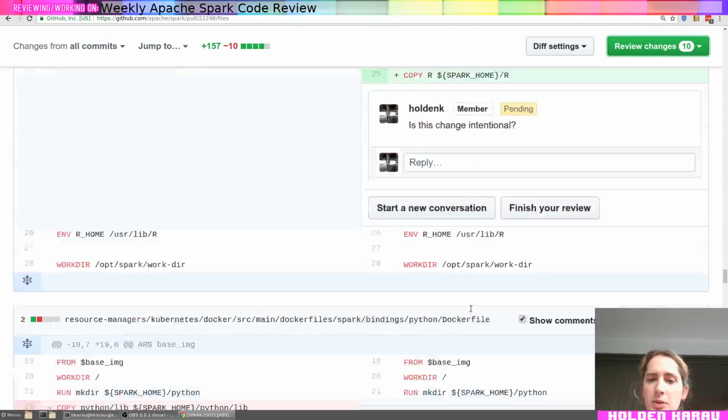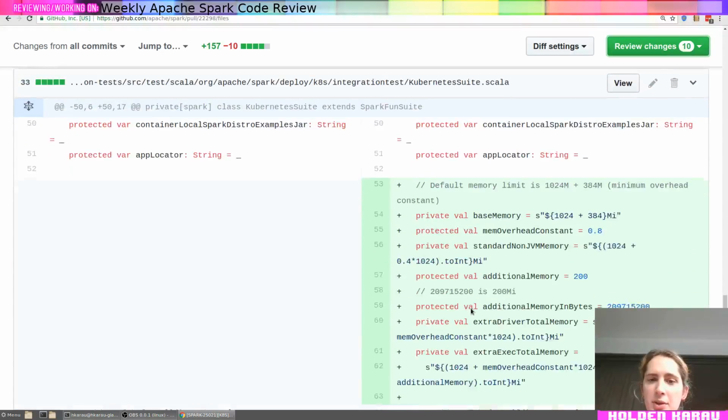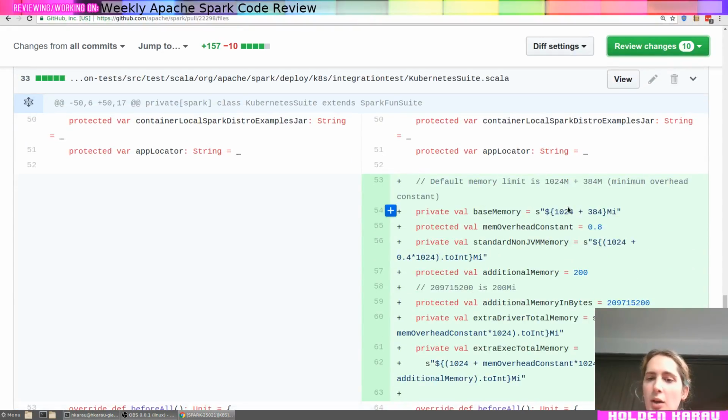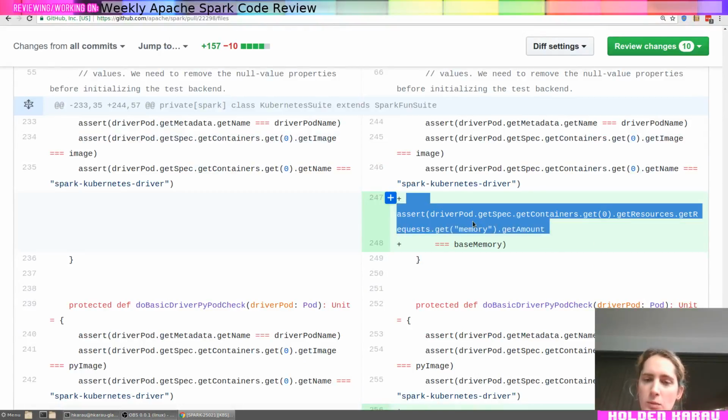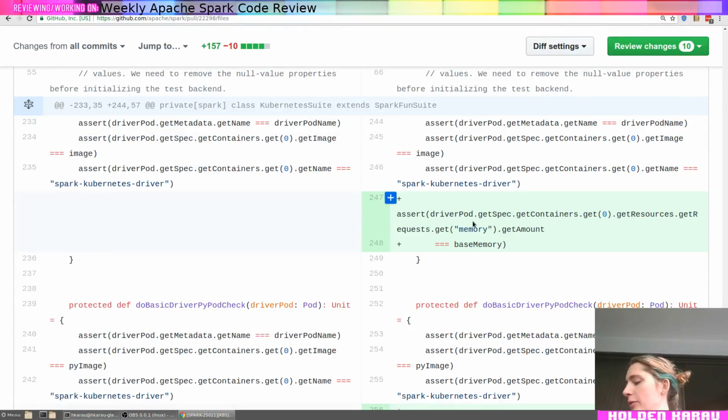It's pretty reasonable. These ones are still, I don't know. Okay, cool. Base memory. Oh, actually, that's interesting. This is an interesting question because we did that thing to do more overhead for non-JVM containers. But do we still need that?